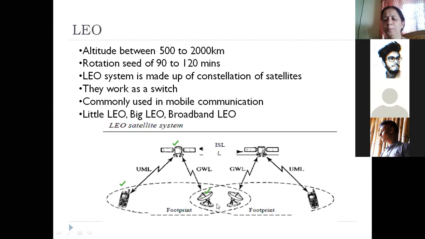I don't know if you people have heard of Iridium. Iridium is a constellation of a number of satellites, and the Iridium system is very commonly used for mobile communication. These satellites are very, very useful for mobile communication. Okay, so you can find out about Iridium, you can find out about LEOs, GEOs, and MEOs. But what you need to understand is that all these satellites which are orbiting the Earth are capable of taking the signals over an incoming line and forwarding them over an outgoing line.